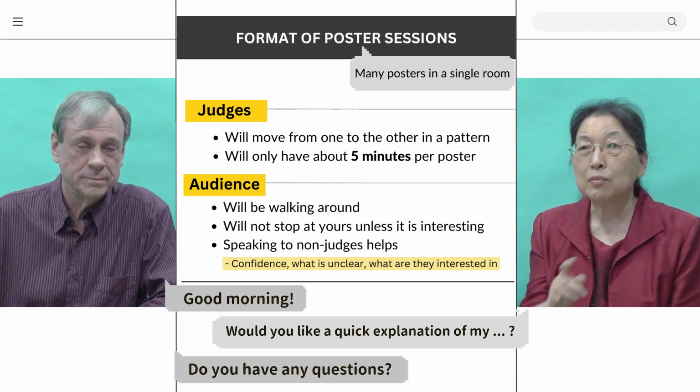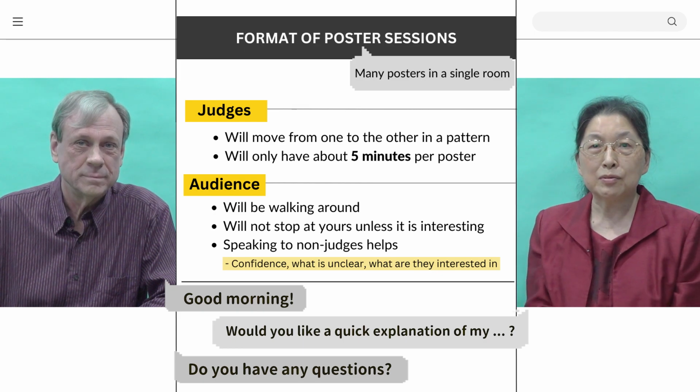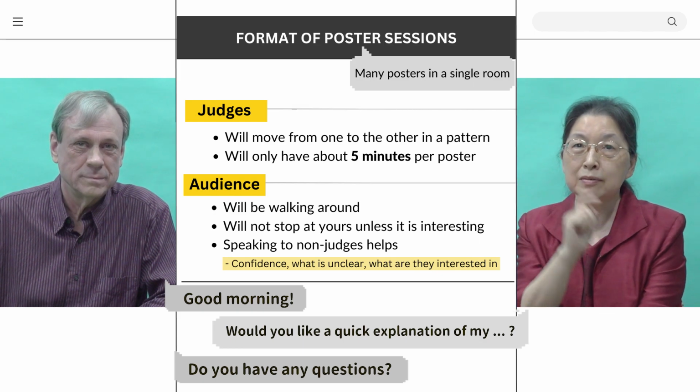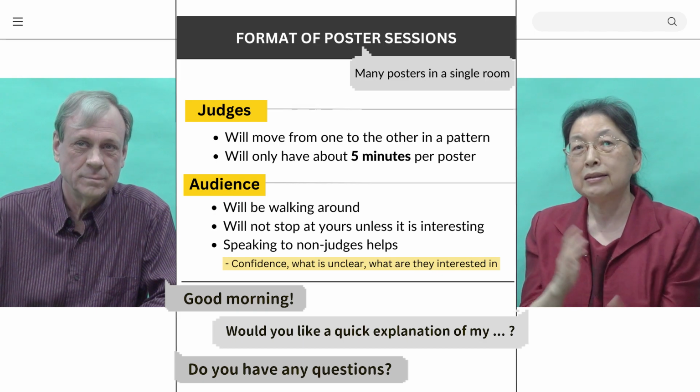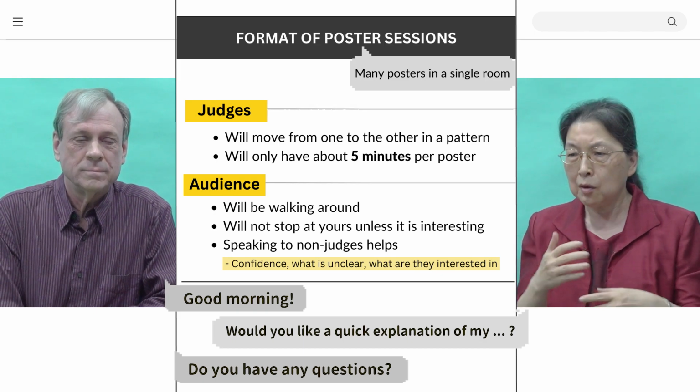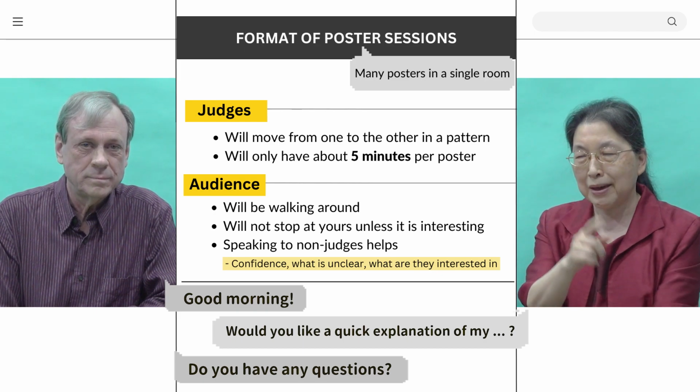Right. Then why are there so many booths? You tend to choose certain booths to visit. And how do they call your attention? What is your display? Think about it.